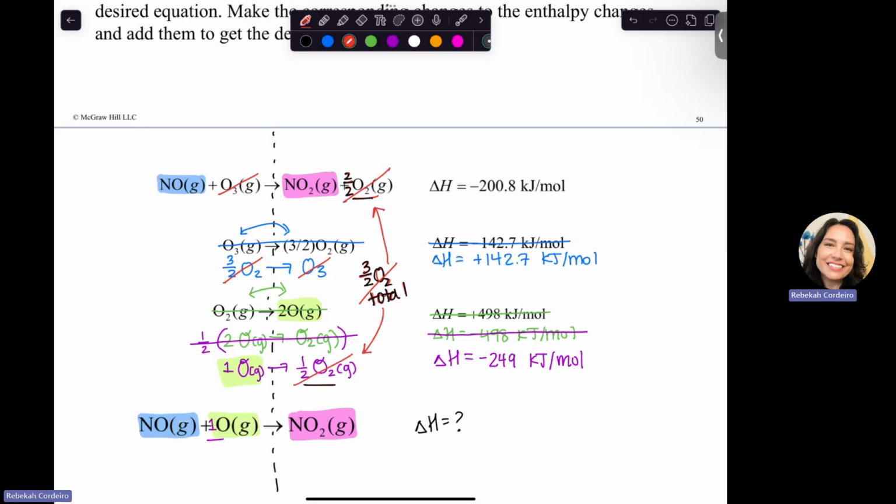I hope that makes sense what I just did. Kind of added it up and canceled it out. If you have 1, 2, 3, 4 of something, and then you have 4 of something, they will cancel out, if that makes sense. So now we can add up